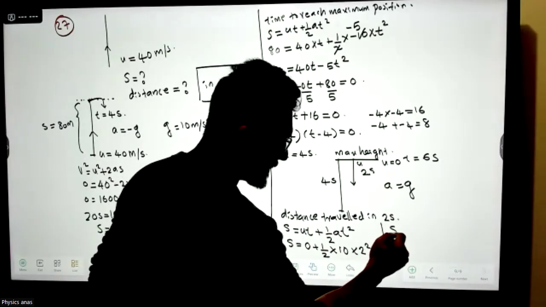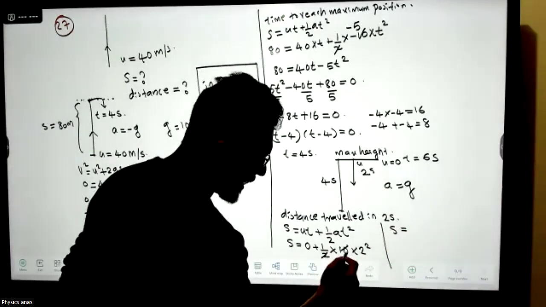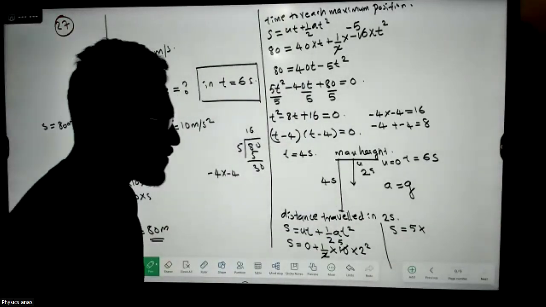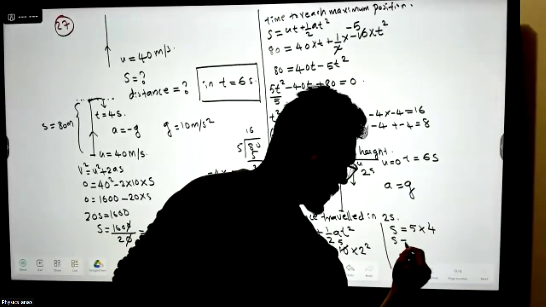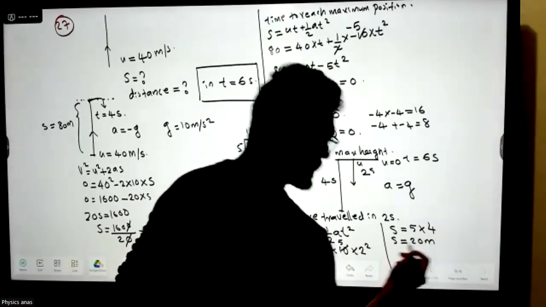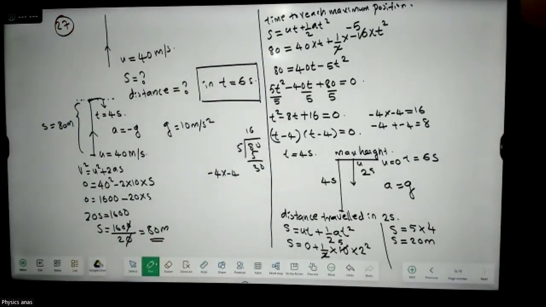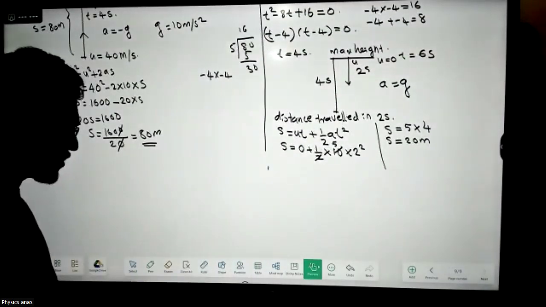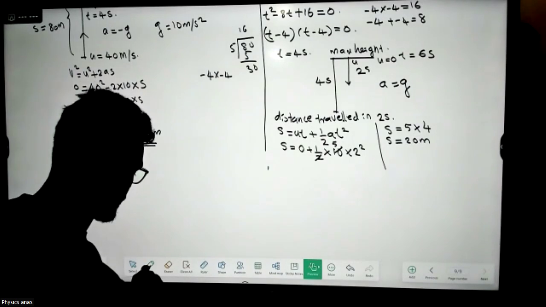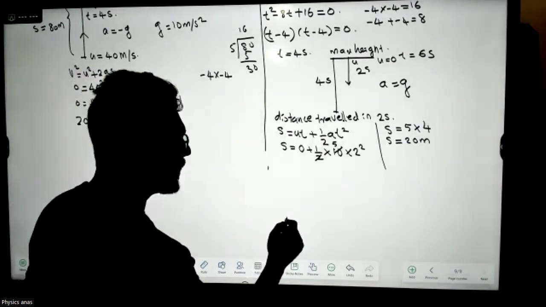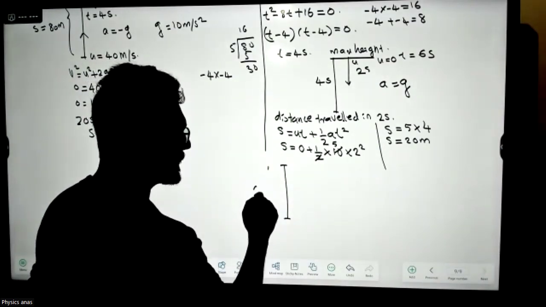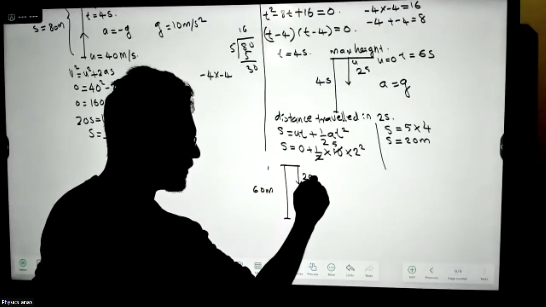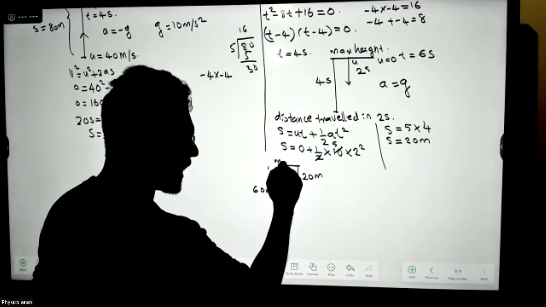S is equal to 5, as 10 and 2 cancel, you will get 5 here. So 5 into 2 square, that's 4, 5 into 4. So S is equal to 20 meter. Okay? So here you have 16 meter up to this point and 20 meter from the maximum height to this